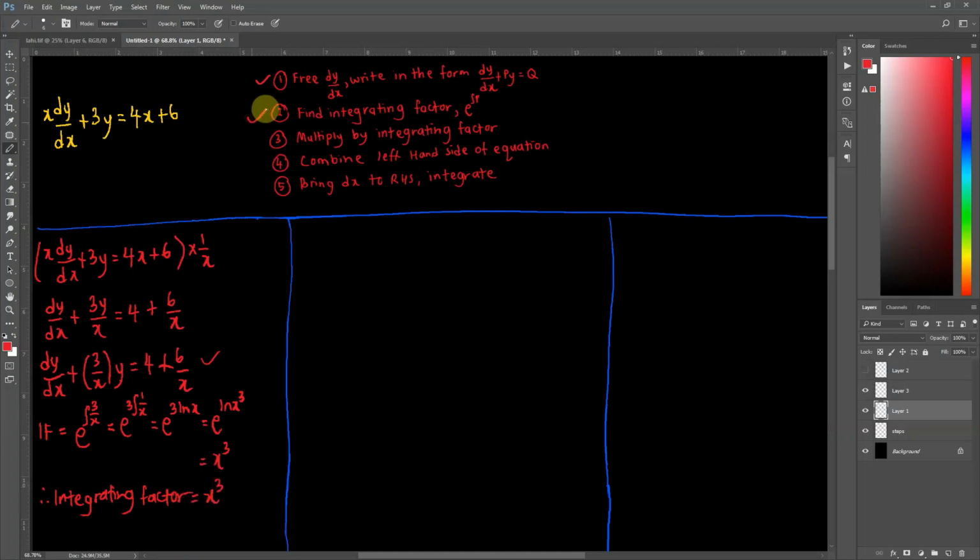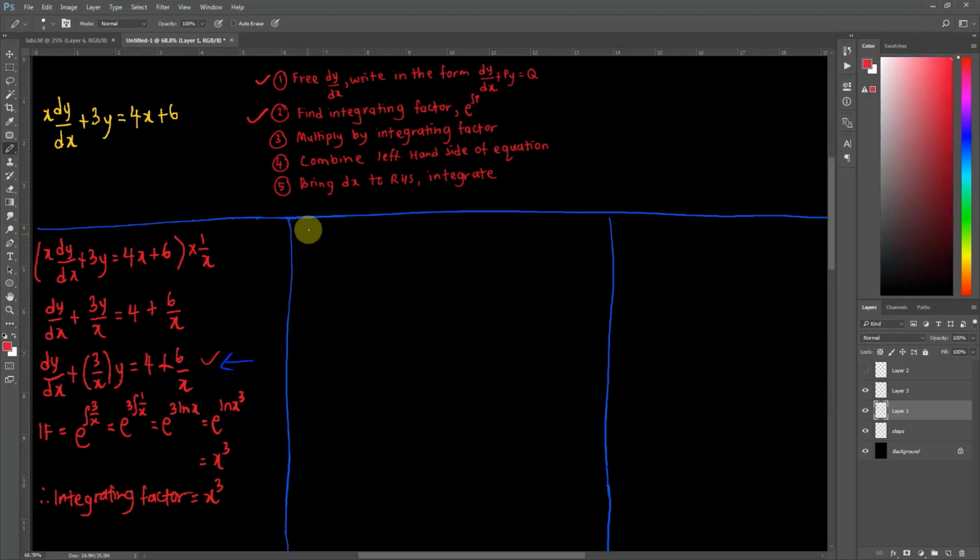Okay, so second part done. Kita dah find integrating factor, which is x cube. Next is multiply by integrating factor. What does this mean? Multiply by integrating factor, kita akan multiply the function just before you find your integrating factor. Yang ni, function ni. Okay, just before you find integrating factor, kita akan times dengan our integrating factor, which